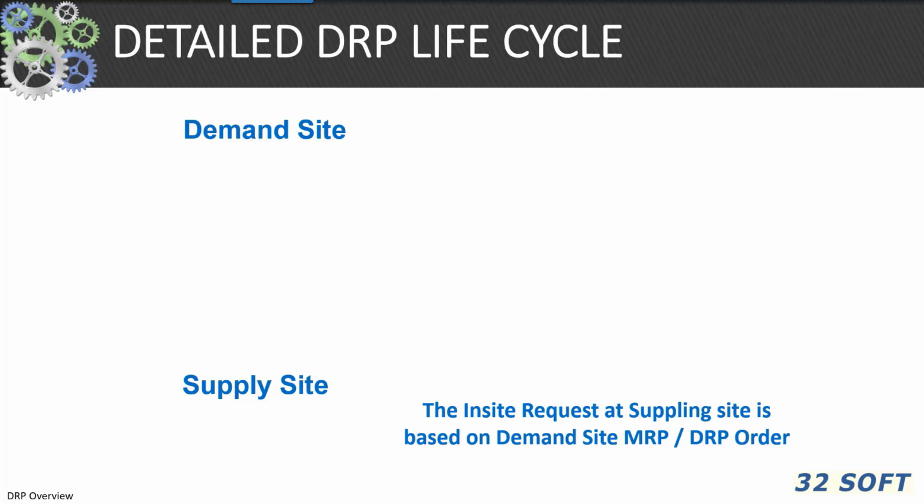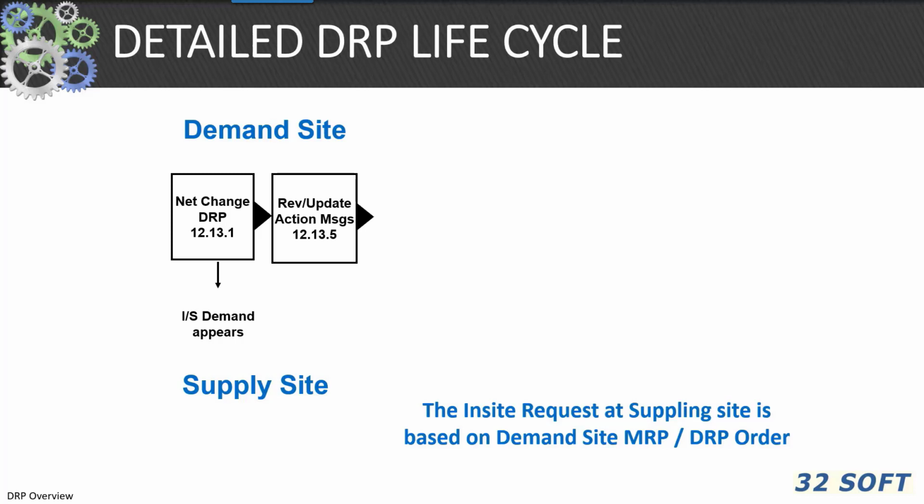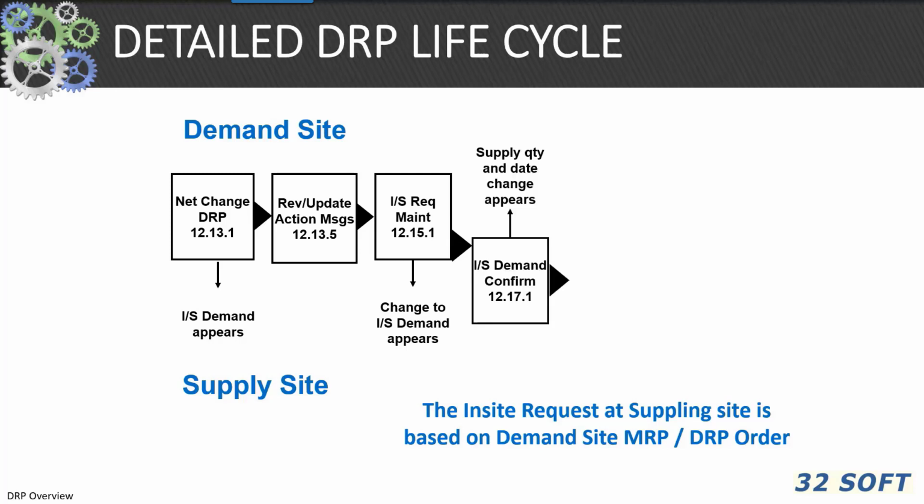If you look at the detailed transactions, it starts off at the demand site with net change, regeneration, selective. That then drives down to reviewing and updating action messages in 12.13.5. In 12.15.1, we see the Intersite request maintenance, and that drives down to an Intersite demand confirm at the supply chain to 12.17.1. Distribution orders are maintained in